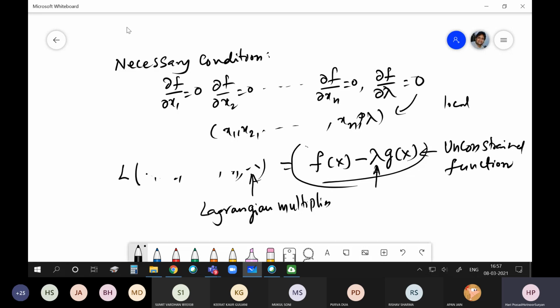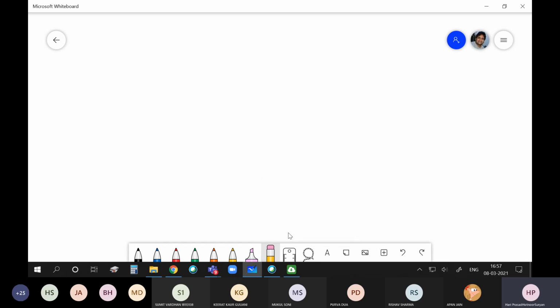Okay, let us start the next topic. I will give you an overview. Now let us say I have more than one constraint. That means there are m number of constraints. That is, minimize or maximize